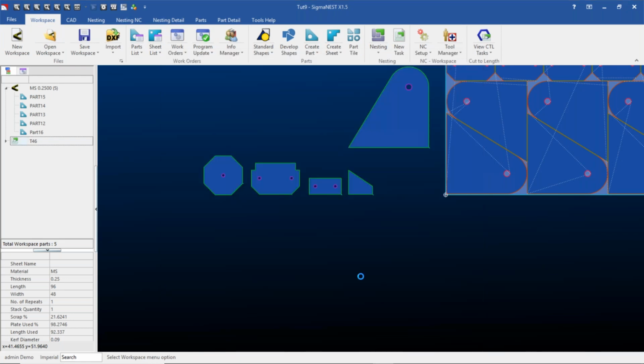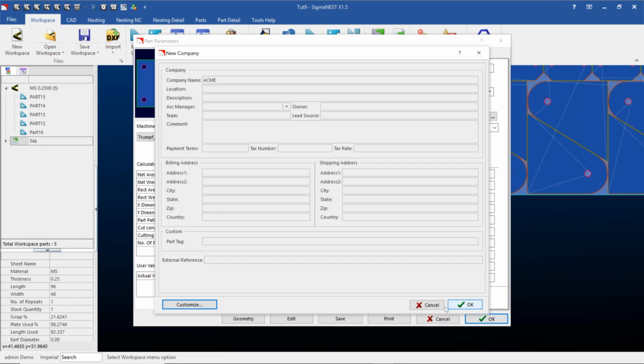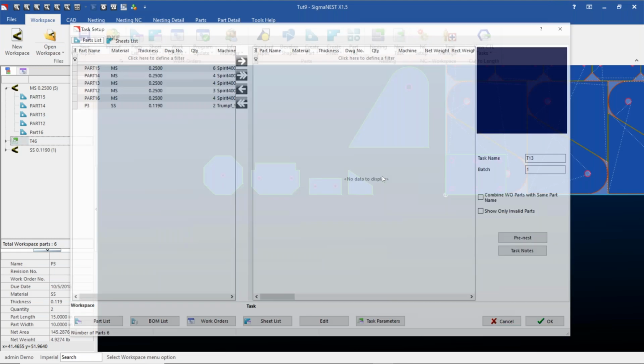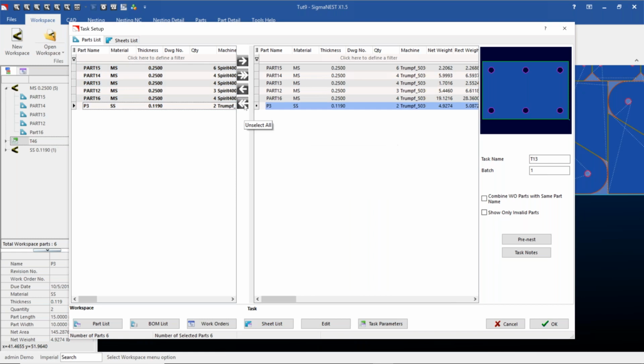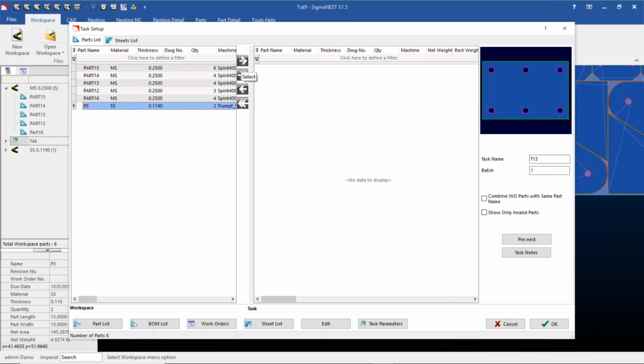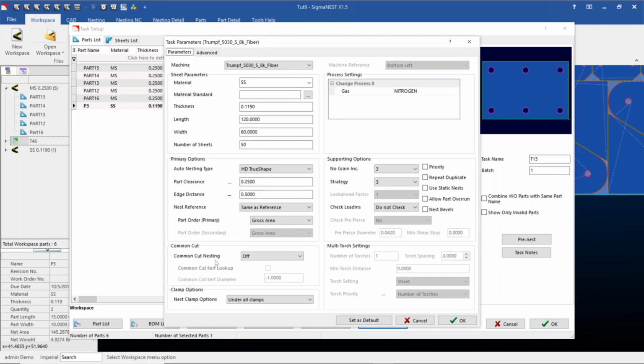So I'm just going to use a single part here. I'll make a new task. I'll pull that part over. Oh, not all of them, just that one. There we go. And then I'm going to keep the common cutting automatic features turned off. So in this case, if I wanted to do it manually,